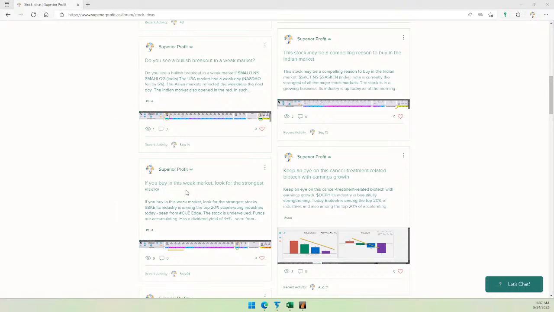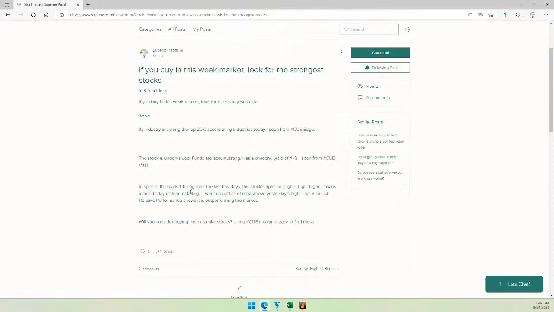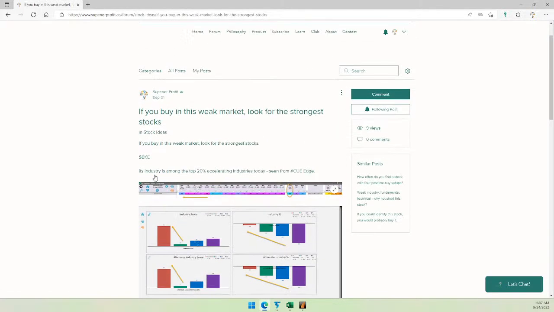But when did I share the last buy idea in the USA market in BKE? Let's see, that was on September 1. And today we are on September 24th. So almost for 1 month I am not sharing any buy idea in the USA market. That would have alerted Q traders what I am doing, and signaled the fact that I am not bullish anymore on the market.